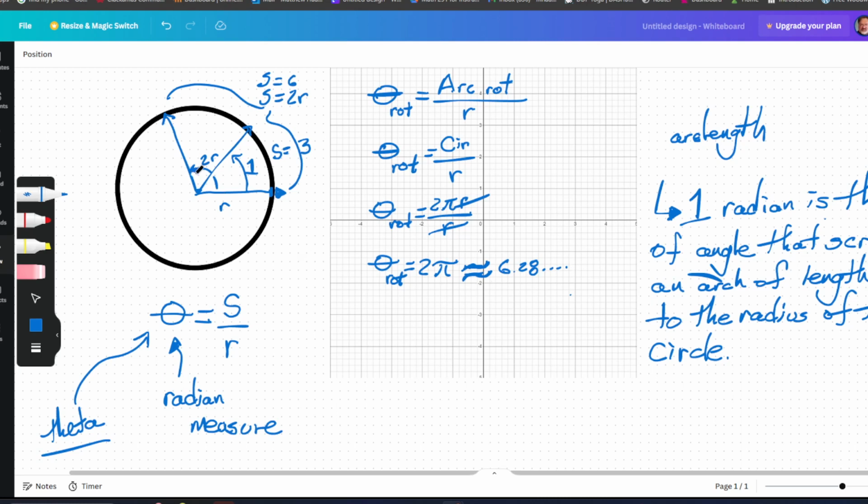And that should correspond nicely to what we were drawing before. Remember, we had 3 radians about there, 4 radians about there, 5 radians about there, and 6 radians didn't quite get us all the way around. Sorry about that. Well, how many more radians did we need? Well, we needed about 0.28 radians to get all the way around. So that 6 and that 6 really are the same 6, just we need the rest of that 2 pi